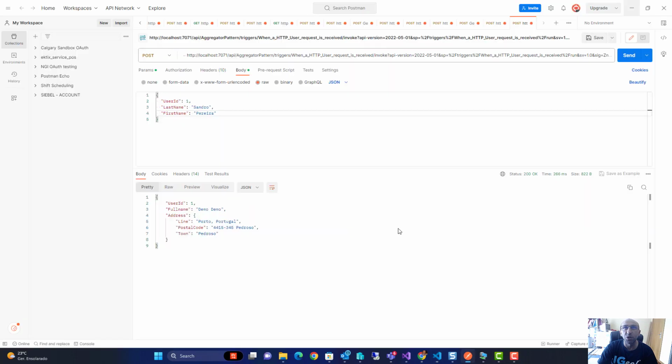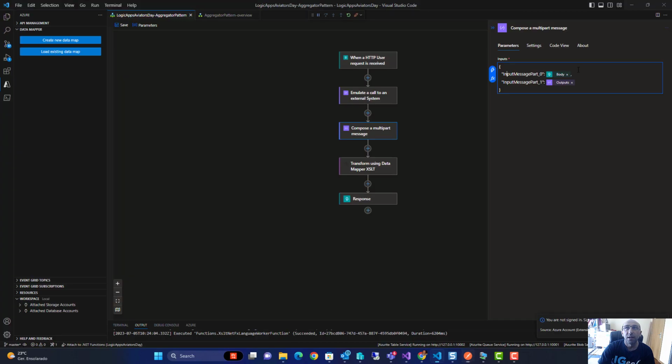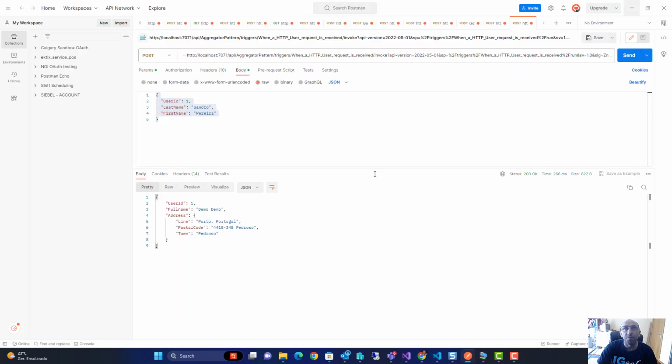So let me just show it to you. So I have here user ID, last name, and first name. Okay, again, this is my first message. And the second message that you see here only has address, postal code, and town. Okay, so we have different elements in my original payload and my call to the other system. So if I call this now, send it,